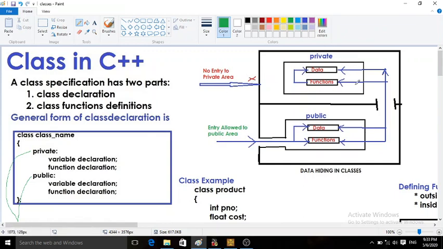If we want to access this private data or functions, we have to go through public functions. From the outside world, we will call a public function, and within the public function we can access the private data or functions, whatever they are. So this is the data hiding feature of object oriented programming, by which we get secure data in our program.